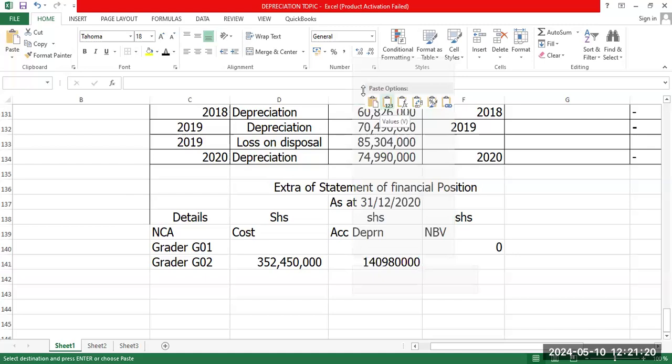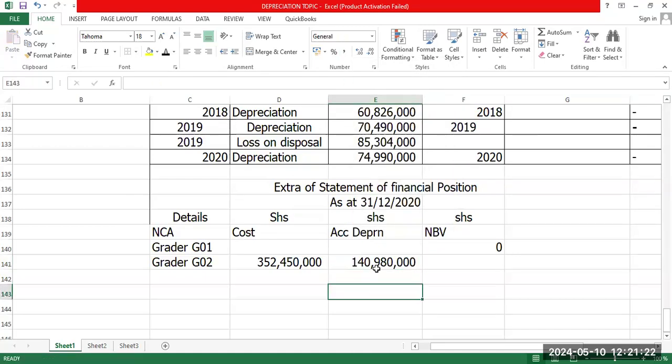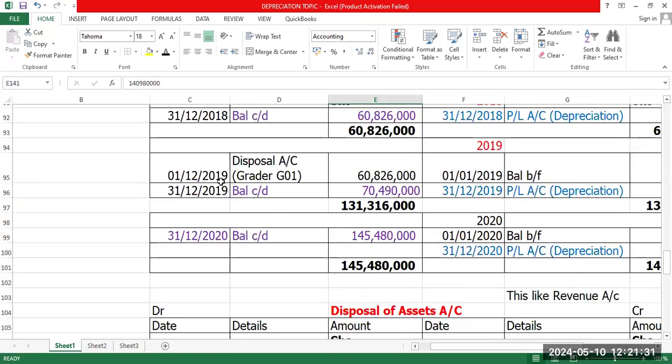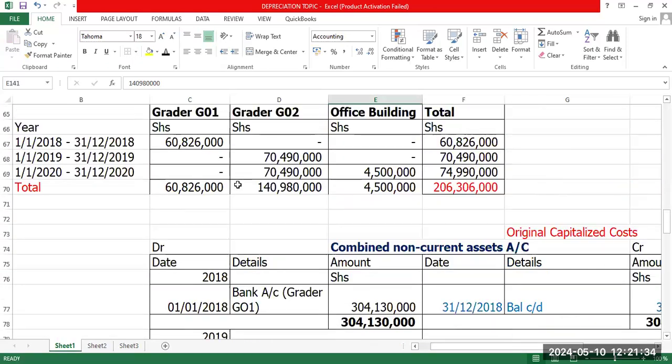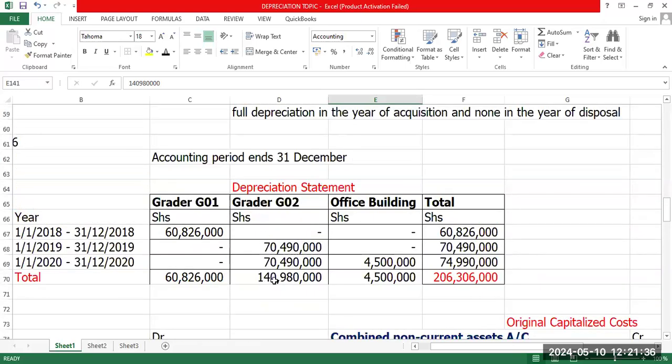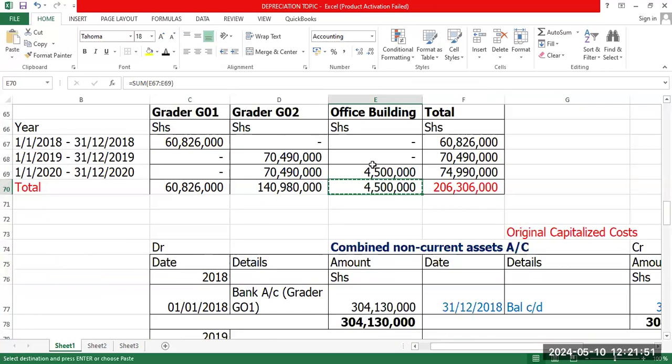You just copy the figure you have. As at this date, what is accumulated depreciation for grade 2? You come here and copy this. If I told you we are dealing with grade 1, I copy this. So this side